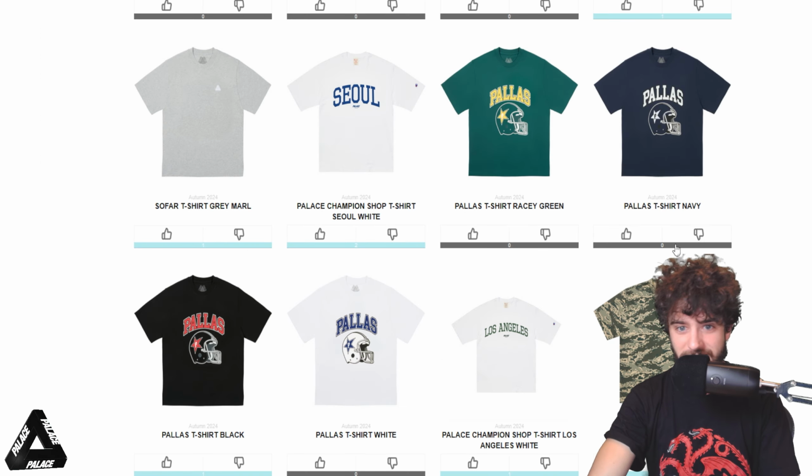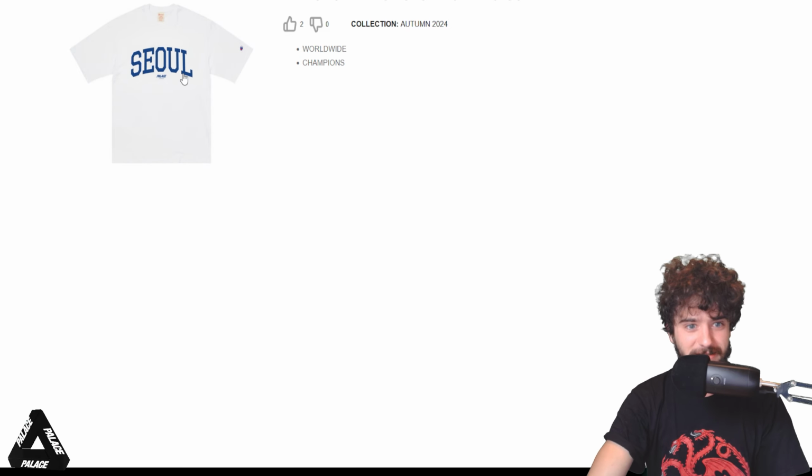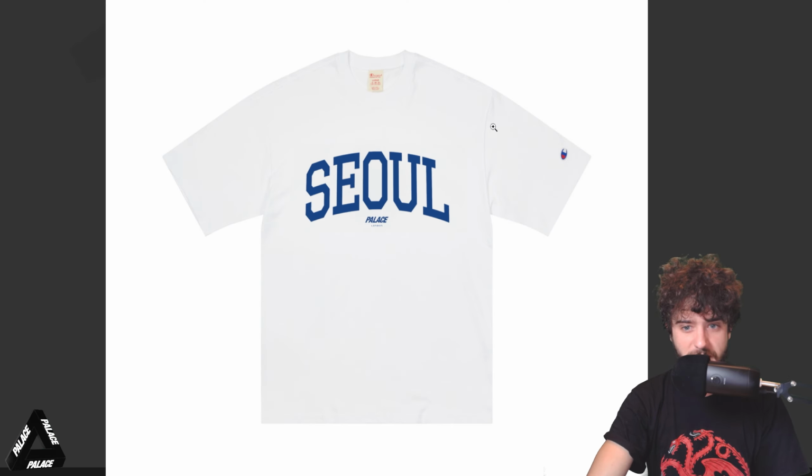Palace Cowboys in a couple other colors. Funny that they have other teams, like that's very Green Bay Packers right there. That's probably the other Dallas Cowboys colorway. I guess they had to have two that were not super obvious to avoid. I don't know, I feel like they wouldn't get sued regardless, but here's the Seoul shirt to match the Tokyo